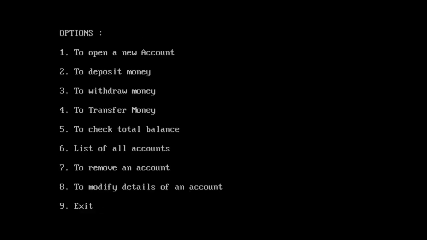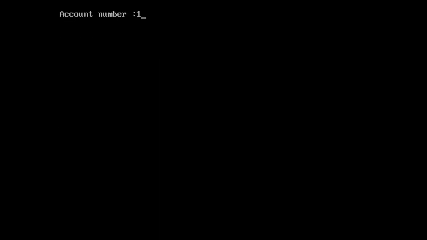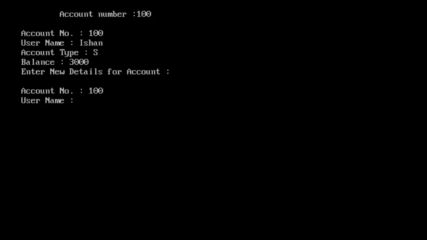We can also modify the details of a particular account. Details are shown. Now I change the username. We can also change the account type and balance too.